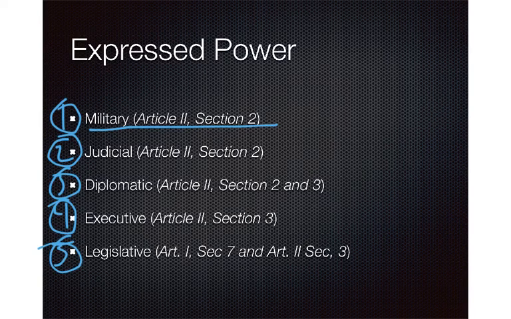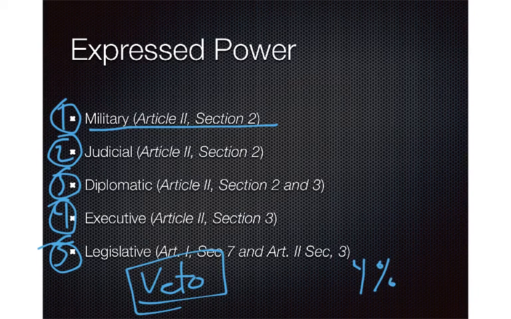And the big legislative power, we've already even looked at this, is the ability to veto bills. So he has a role in this. And as a matter of fact, this is a much bigger role than you might imagine. Congress, although it can, as we've seen, override with a 2/3 vote, as of 2009, a few years ago now, there have been 2,562 vetoes, and only 110 of them have been overturned. And for those of you who can't do that math in your head, that means only about 4% of them